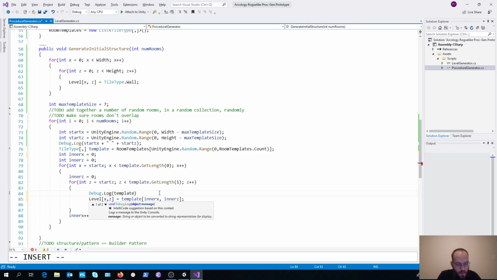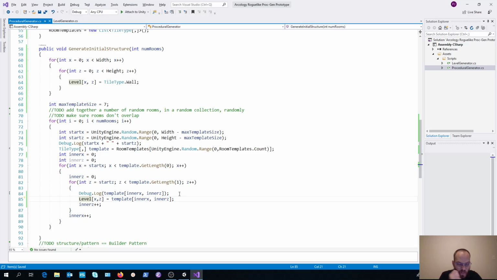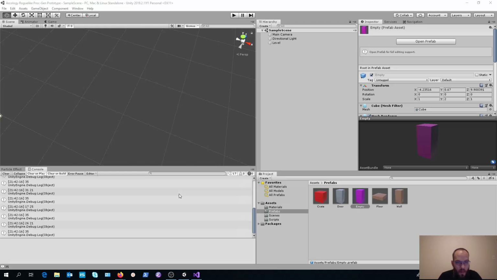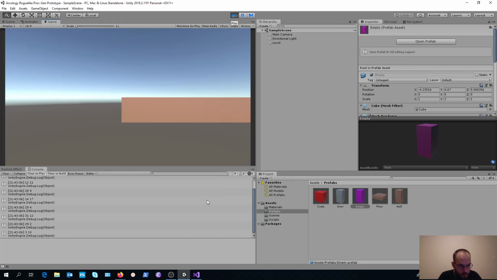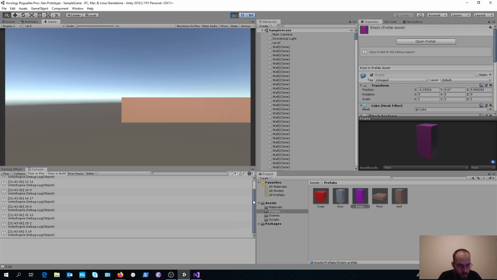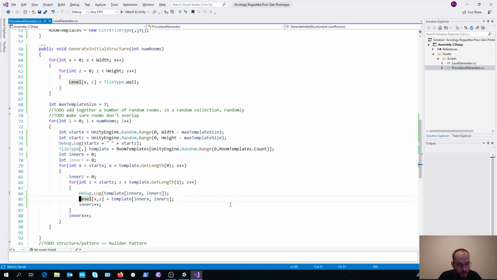And let's see what is actually being copied over from the template each time. Okay.